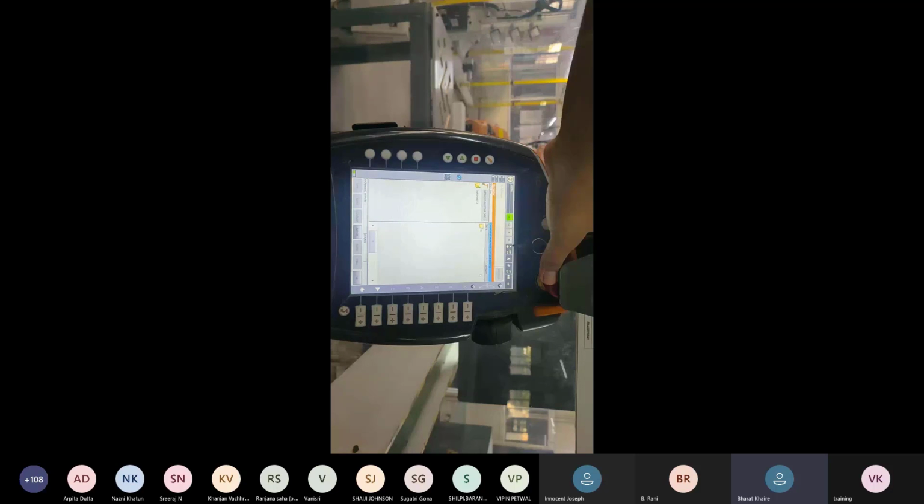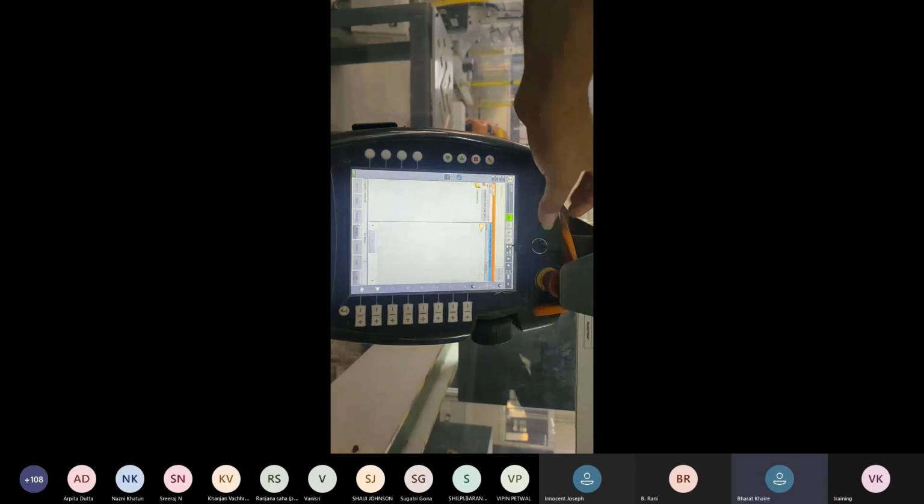So all teach pendants have an individual key. We can operate from this. This is a push button, and if we can see inside of the cell any collision or accident, we can operate this key from any of the teach pendants.